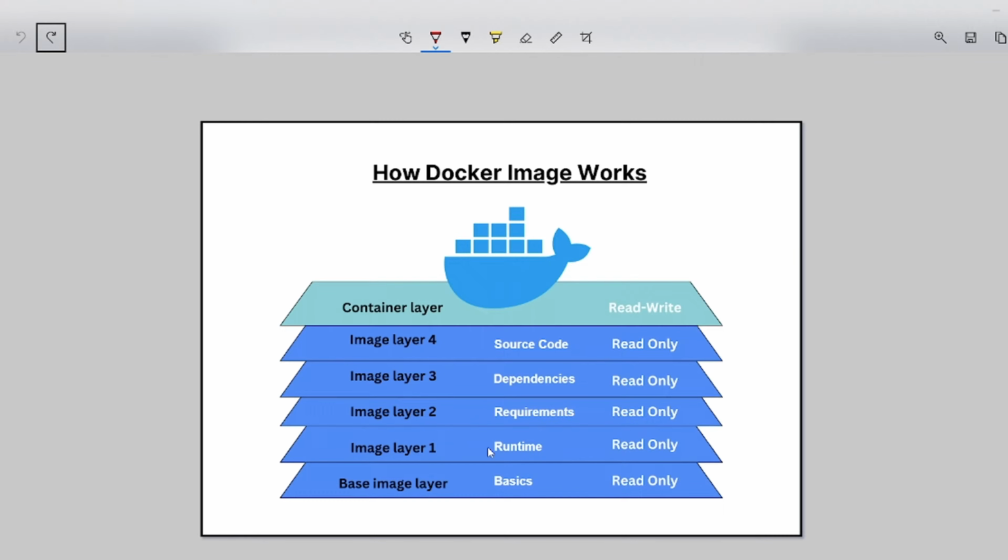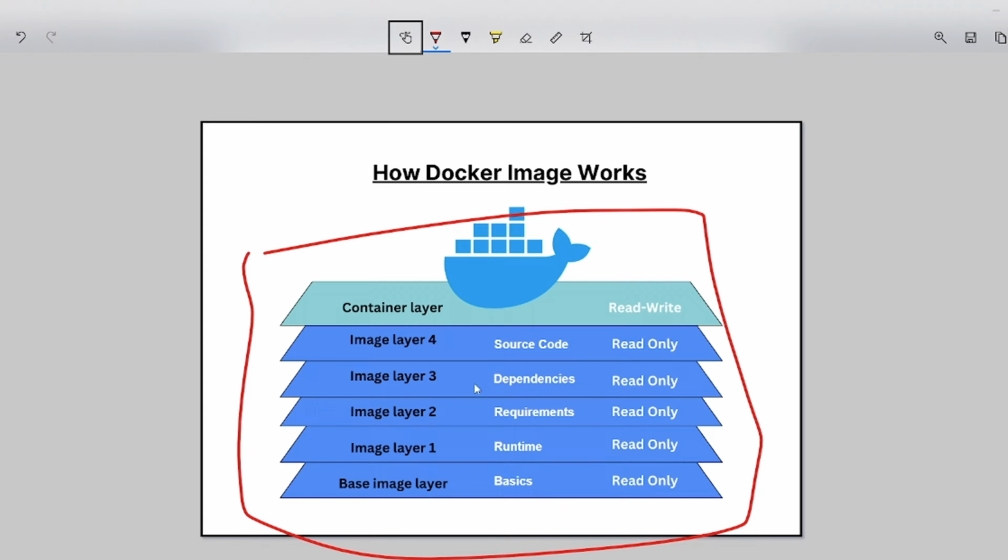Layering is made possible by content addressable storage and union file systems. While this will be technical, here is how it works. After each layer is downloaded and extracted into its own directory on the host file system, right? Let's suppose it is on a host file system, extracted in different layers. When you run a container from this image,